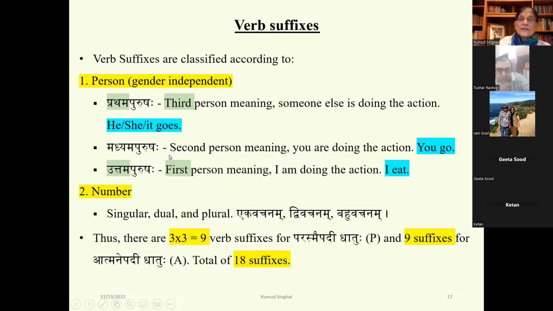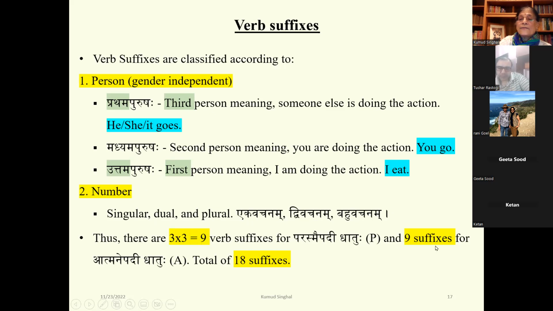Then as with the name forms, they are also grouped according to number: singular, dual, and plural. Ekavachanam, dvivachanam, and bahuvachanam. So thus there are, by person and number, 3 times 3, 9 verb suffixes for parasmai